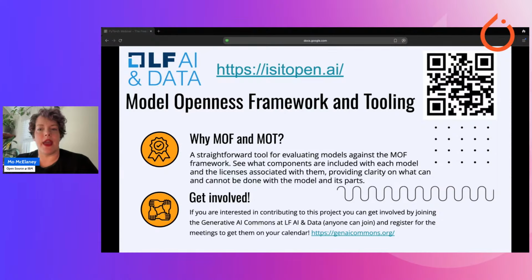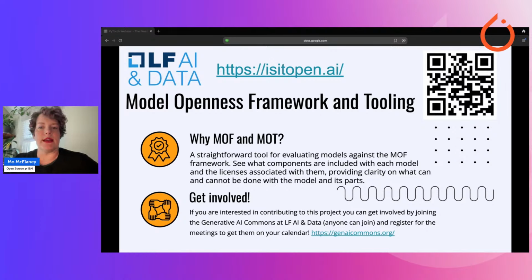So the Generative AI Commons at LF AI and Data Foundation designed and developed the Model Openness Framework as an answer to this. It has a 3-tiered classification system for evaluating and classifying the completeness and openness of machine learning models, promoting transparency, reproducibility, and usability.